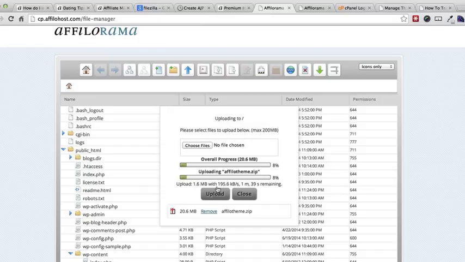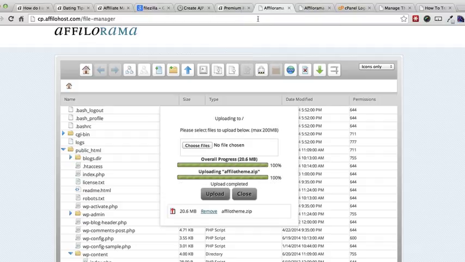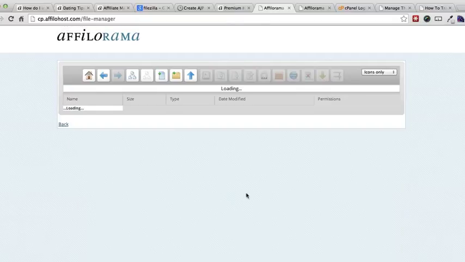This will start the upload, so I might just pause the video, come back. It could take a little while. It says it's going to take 1 minute 35 seconds. We can't wait that long. I'll pause the video and come back. And boom, through the magic of television, that has uploaded. So now I'm going to click close,